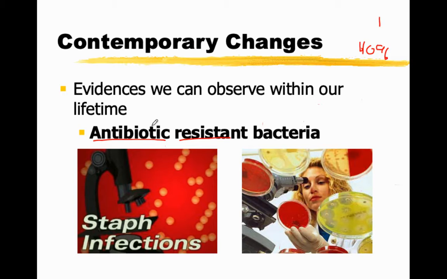For example, in the Civil War, if you got shot, you had a higher probability of dying from the infection from it than you did from the actual bullet wound. But now that we have antibiotics, we can treat the wound, we can treat the bacteria that have got in there, and now you have a much, much higher chance of surviving. We can also see these evidences, these changes in organisms with